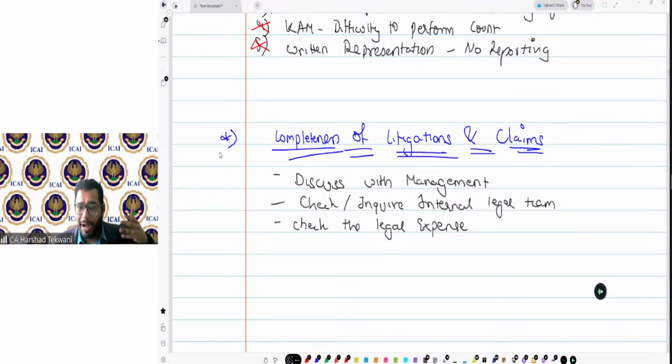Because if the demand notice is of 250 CR, the lawyer will charge that much amount. So, if it is a case of that critical nature, you will see that kind of expenditure in the P&L. And they cannot hide the expenditure because they have to pay the money through the bank account. So check the legal expenses, litigation expenses, very good. If any litigation expenses are there,